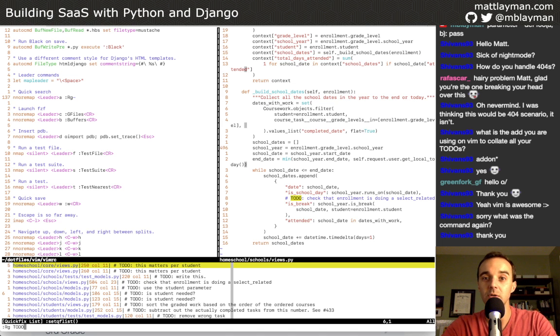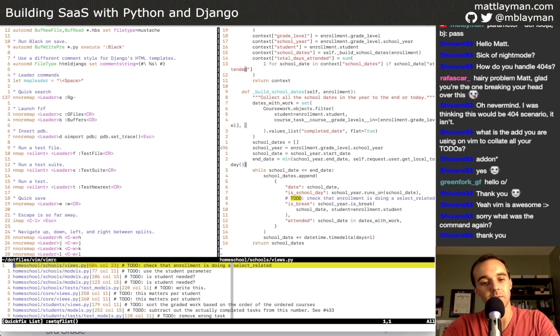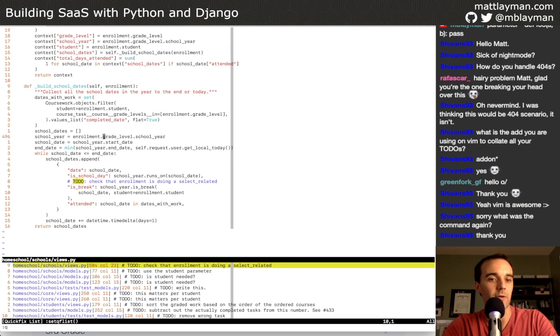So I can type todo and hit enter, and it populates my quickfix list with any instance it can find of todo. And ripgrep is a blazing fast version of grep that's written in Rust, so it is just blistering fast. Okay, that's that. Here ends our Vim sidebar for the night.